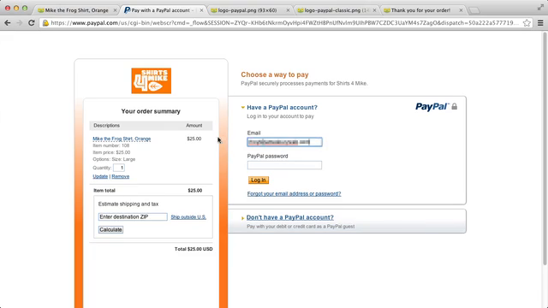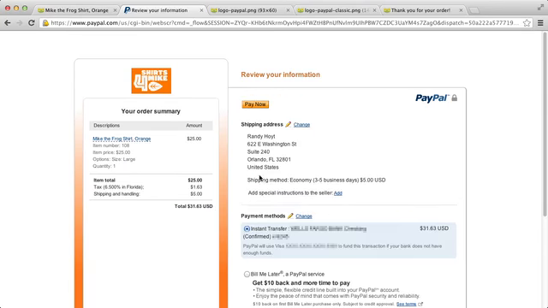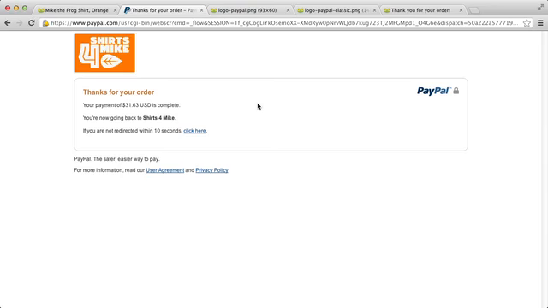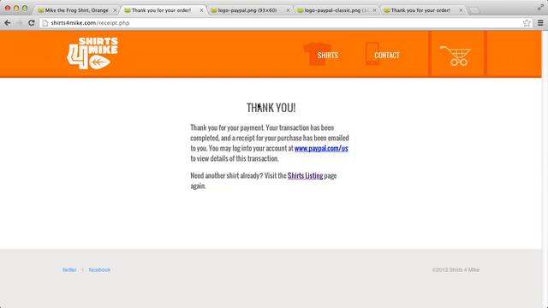I'll log in here using my personal PayPal account. Notice that you don't have to use a PayPal account here. Our customers can use a debit or a credit card. I'll verify that my shipping address and payment methods are correct, and then I'll click Pay Now. After I pay, I get automatically redirected back to the